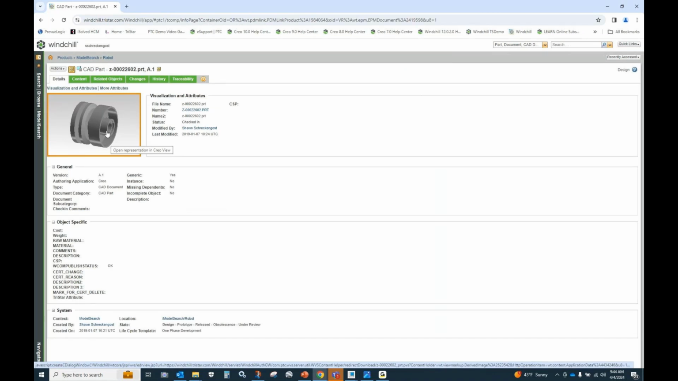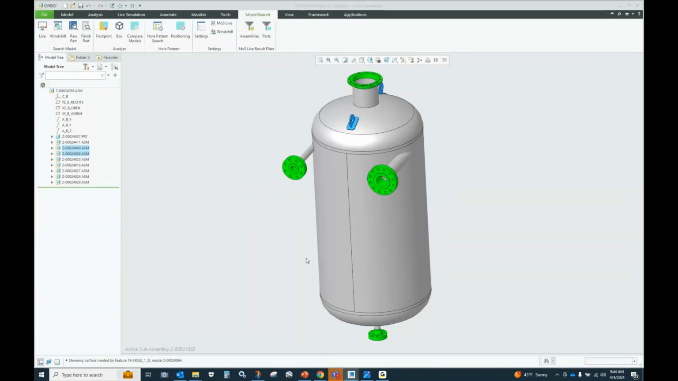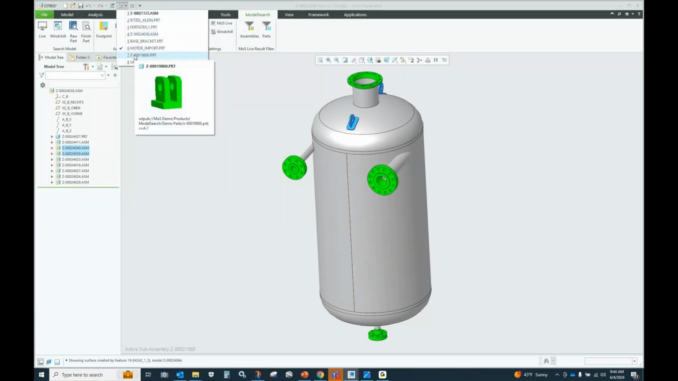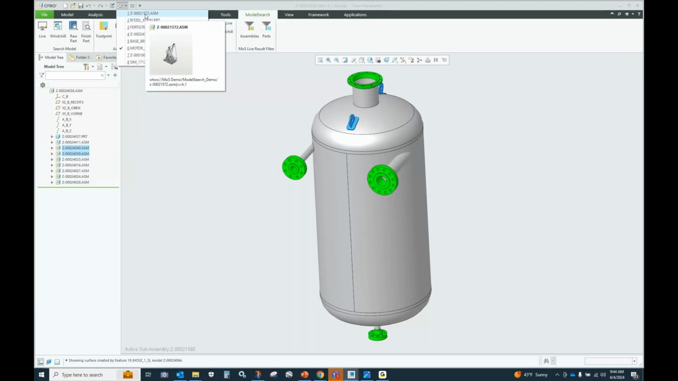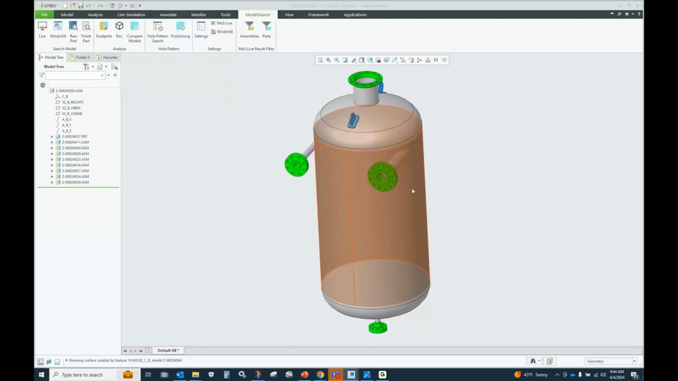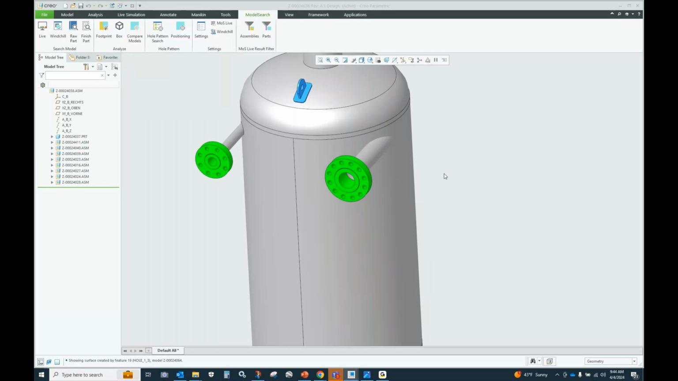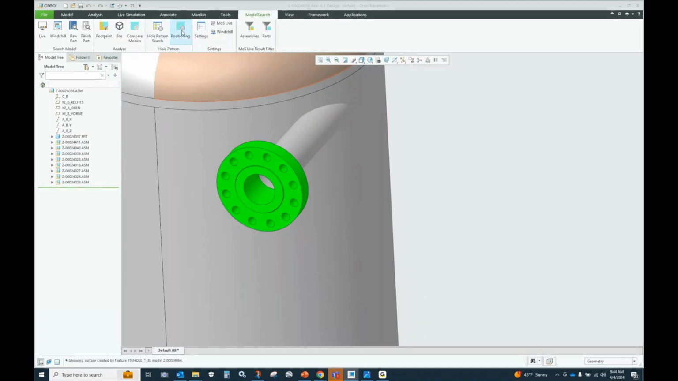Another thing that we can do inside of Creo is we can search for matching hole patterns, right? So I think this is, let me make sure I'm active in that model. Not that one. That one, right? So with this inside of my model search live, I can do a hole pattern search. And if I just pick on one of these hole patterns and invoke the search,